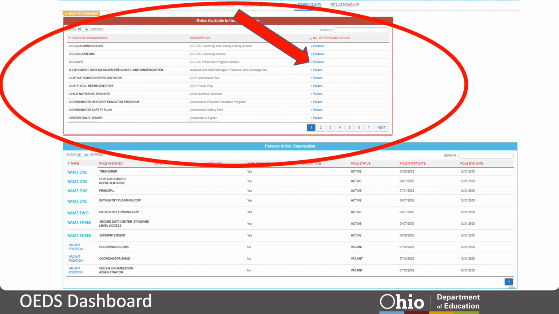If you click on the number of persons for a specific role, a pop-up window will be displayed identifying who is currently assigned to the selected role. In most instances, a role may have more than one person assigned. There are several for which that is not the case. The roles of superintendent, CCIP authorized representative, treasurer, and CCIP fiscal representative may have only one person assigned to it